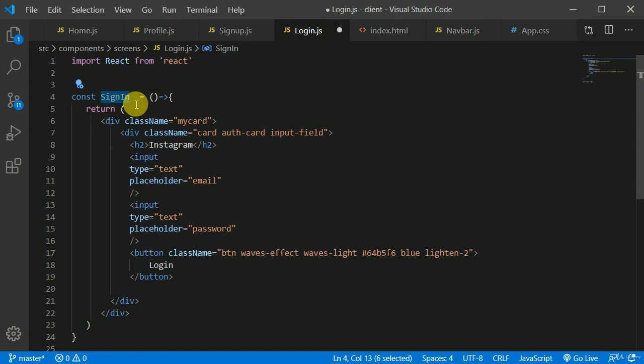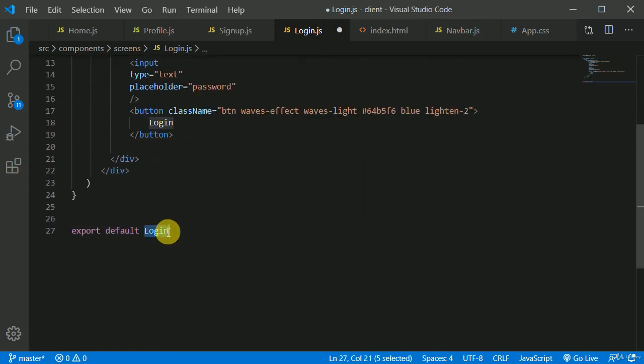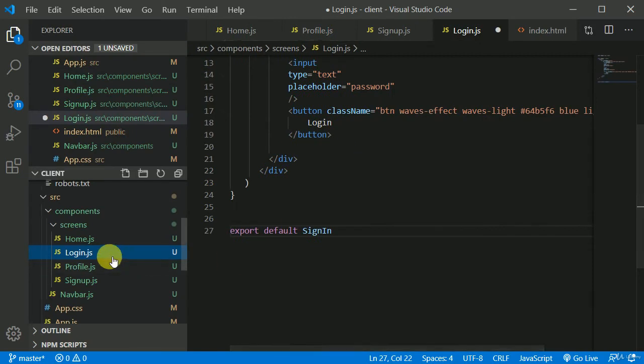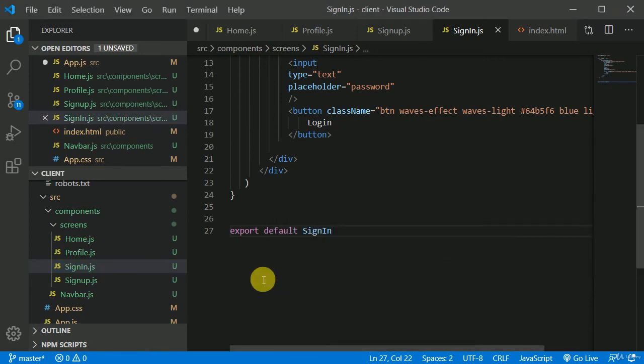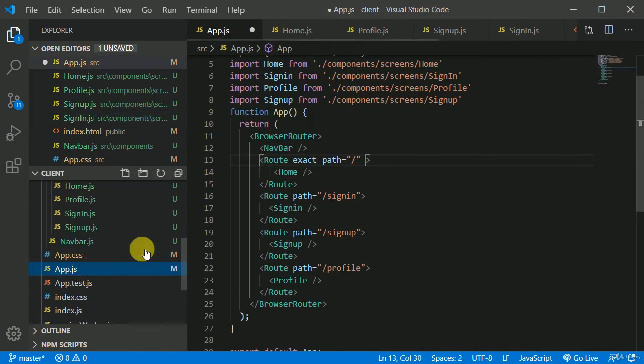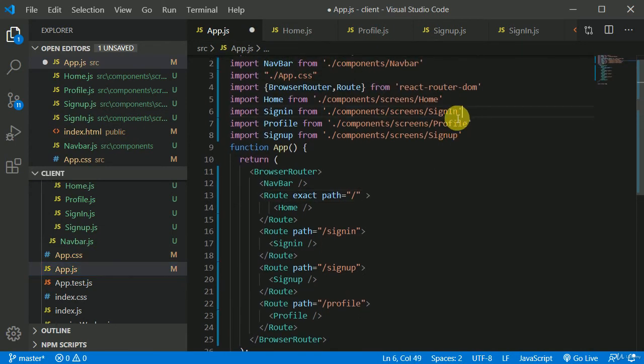I'll copy this and put it in here, Control V, and I will rename this login with SignIn, and automatically update imports. Okay, so let's go to this, and here you can see it automatically updated to sign in. Still everything should work.